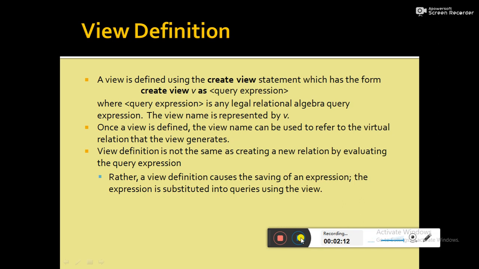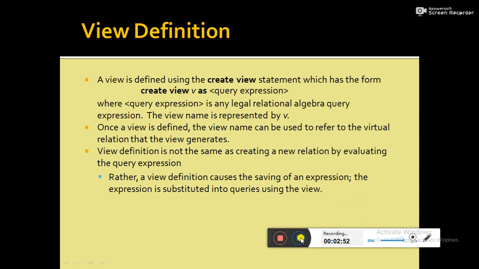Now, how it is going to happen, I will discuss later, but before that, what is view? View is any relation that is not part of the logical model but is made visible to the user as a virtual relation. That means view is a kind of relation, but it does not belong to the logical model. It is not supposed to exist in the database. It has no physical existence, but it has a virtual existence. So view is basically a virtual relation, not the actual relation.